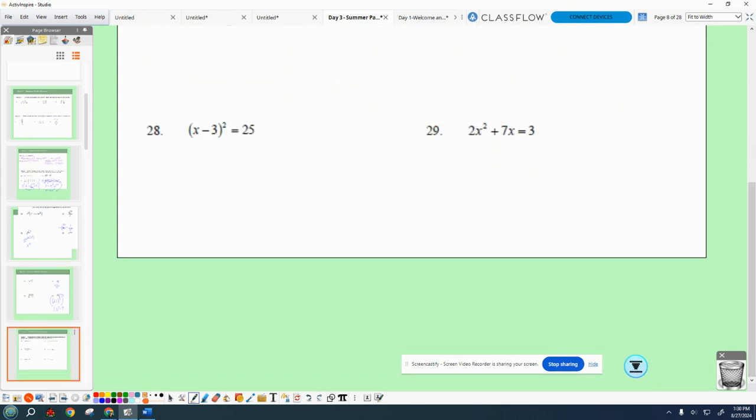There are 2 ways to solve number 28. There's the Algebra 1 way and the Algebra 2 way. Suggestions? Square root of 25, plus or minus. Oh, it's plus or minus 5. Adding 3, so